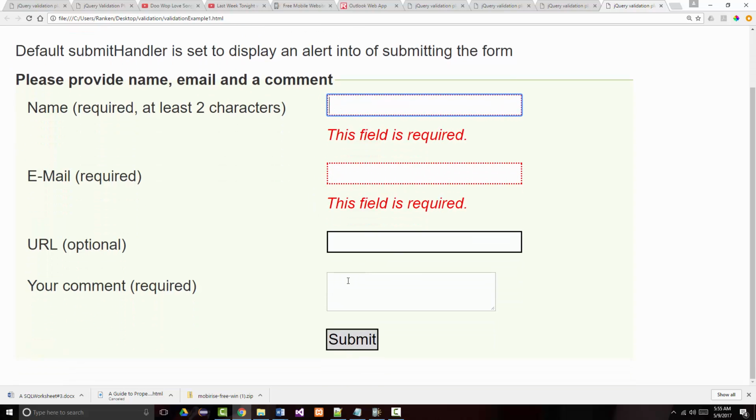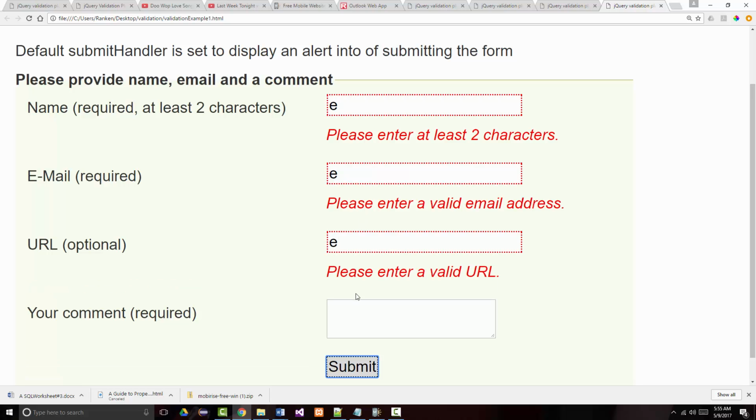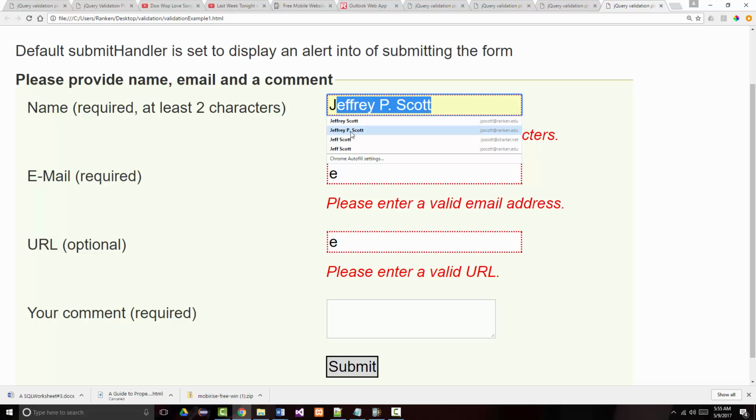All right, and I'm trying to figure out why, because that's required, why that's not giving me an error message, but it's not. So again, if I put in something here that's less than 2 characters, not there, that's less than 2 characters, notice you get that. If I put in a non-valid email, you get that. If you put in a non-valid URL and you submit, you get that. You only get that for the URL because it's optional. But again, as long as I come in here and I put in valid stuff,